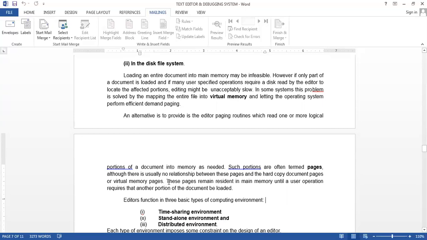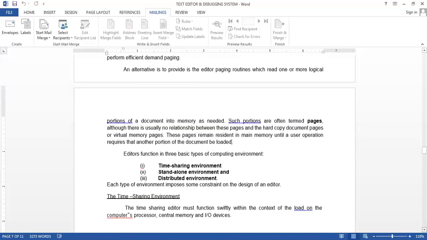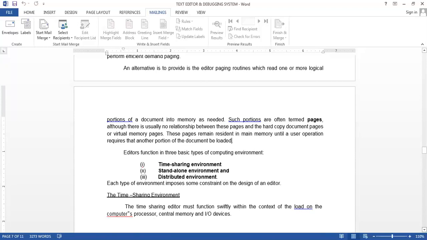These pages remain resident in main memory until a user operation requires another portion of our document to be loaded. It means when one page is loaded, all editing is done until the user is finished with it; another page can't be loaded before that. So this is how the working is done for the document.